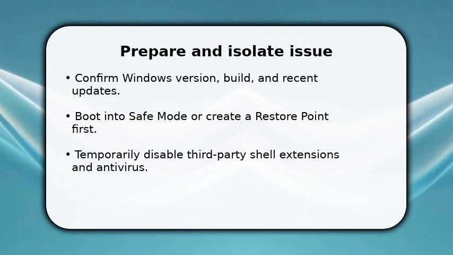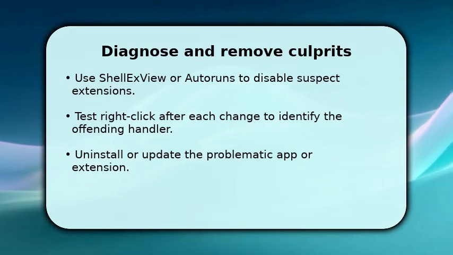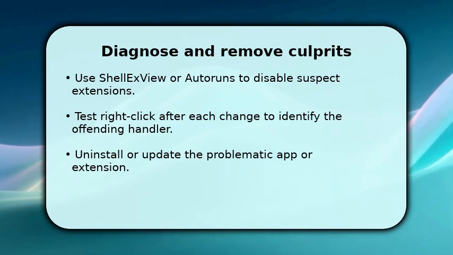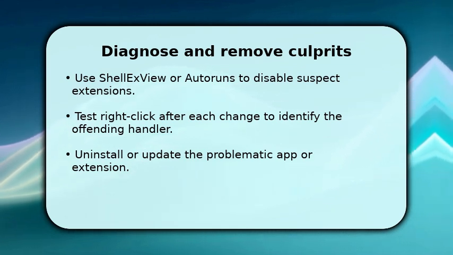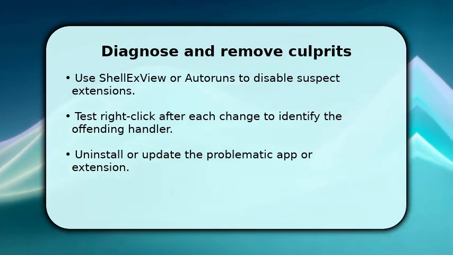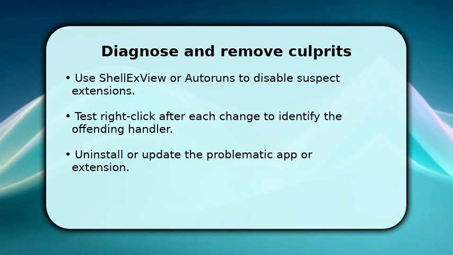With safe mode or a clean boot active, run ShellExView or Autoruns and sort by non-Microsoft entries. You want to methodically disable suspects one at a time. After each disable, restart Explorer or log out and back in to test the right-click behavior, because incremental testing reveals